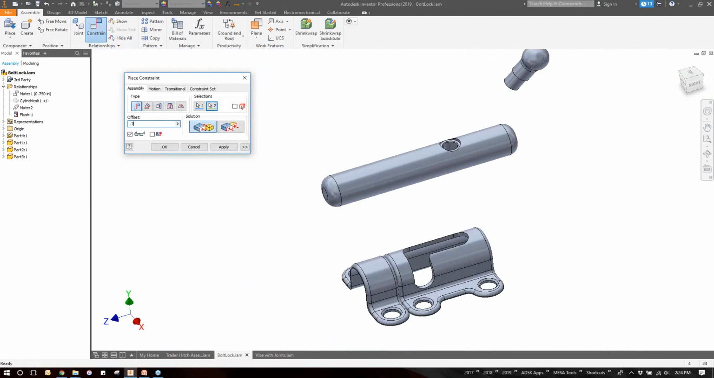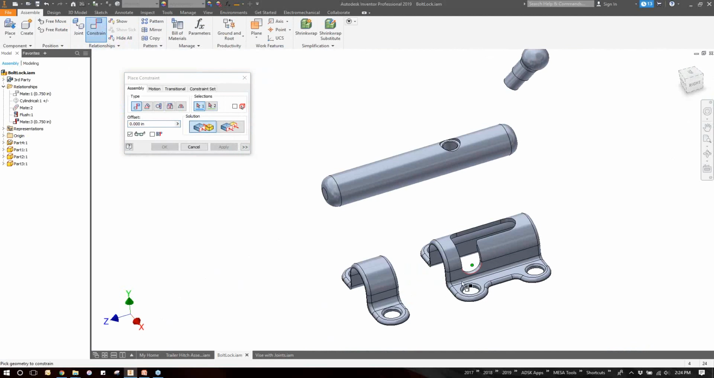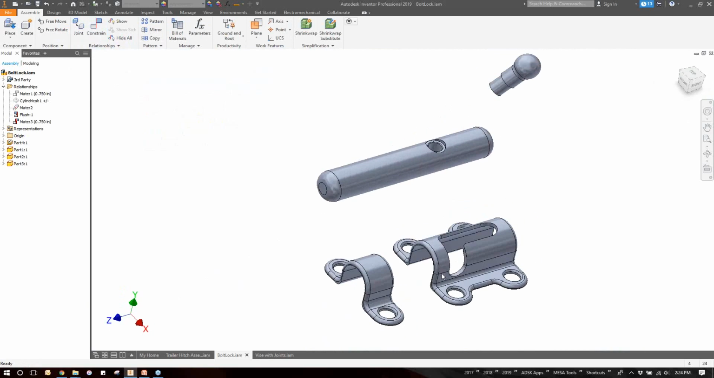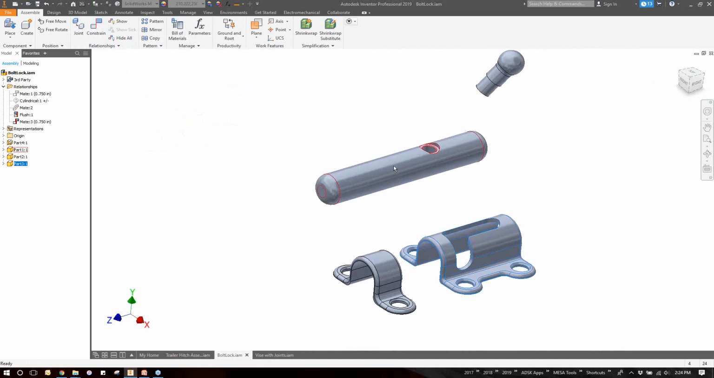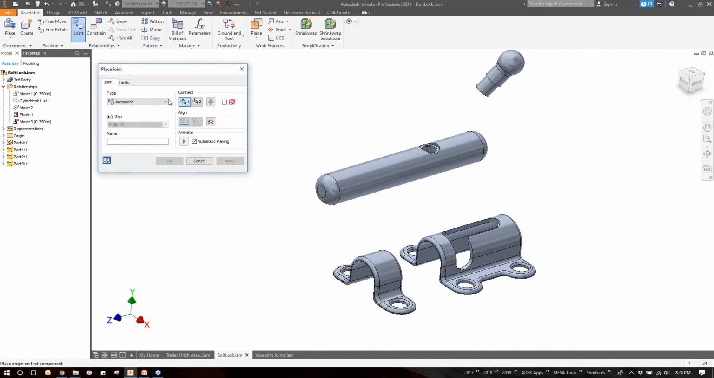And that should be 0.75 gap. So those two are locked into place now. And now we're going to start taking a look at these next couple parts. I'm going to switch over to a joint tool, and I'm just going to go ahead and grab